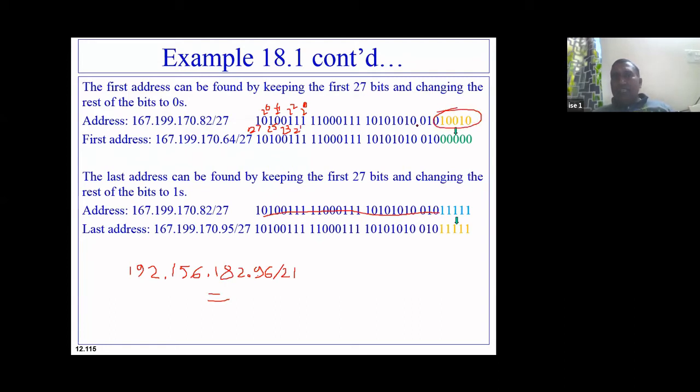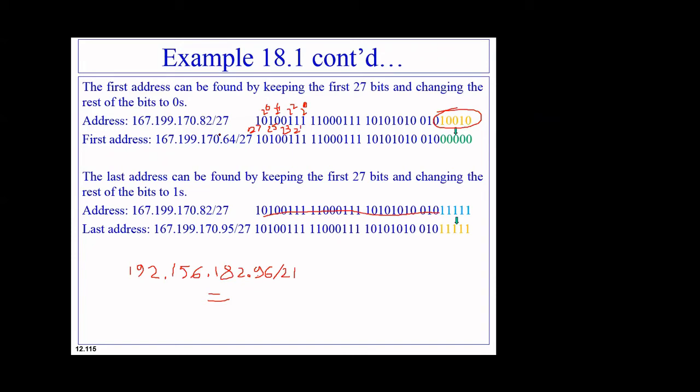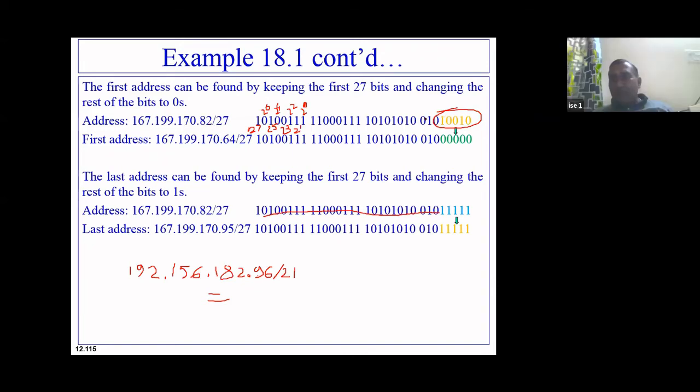Actually, this is the conversion of 82. Yes, sir. The last 8 bits is the conversion of 82. If you convert that 82, it will come as the last 8 bits. And because of that, it has come. So here, instead of 182, I have 92. Instead of 82, I have 92, 96. In 96, the last 5 bits are here. So here, I am saying 27. Here, the prefix is 21 now.